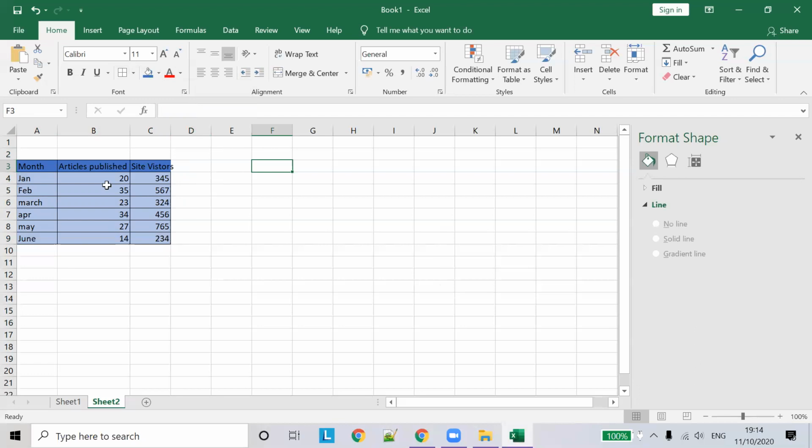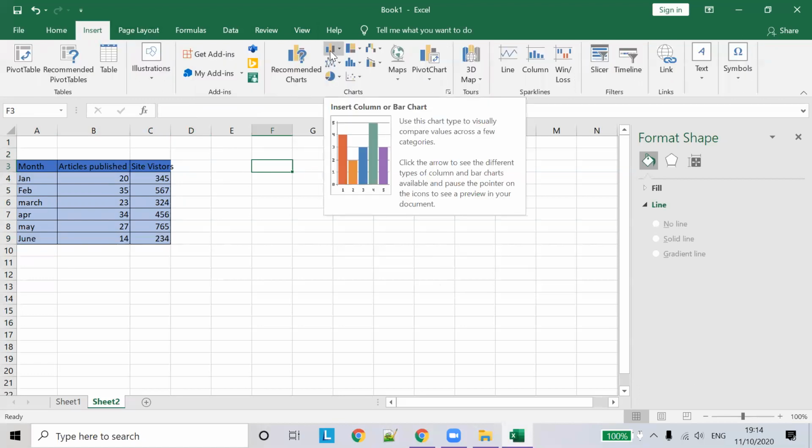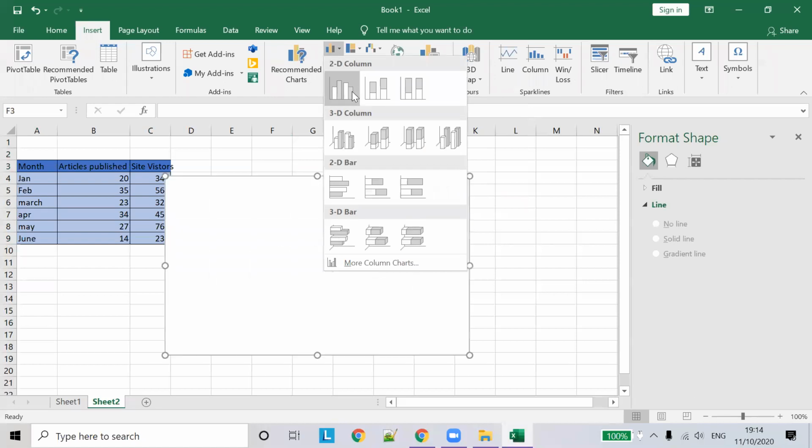Now create a basic chart for this. Again, the same steps to create a chart. We are creating a basic column chart. Click.